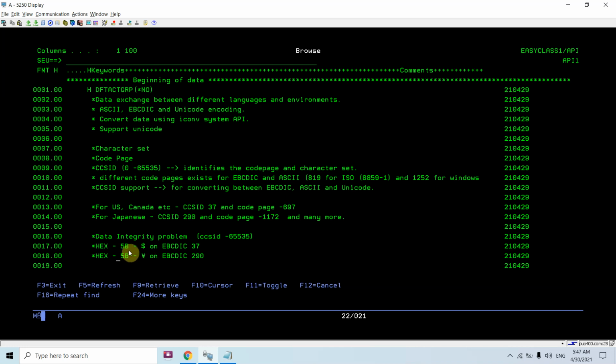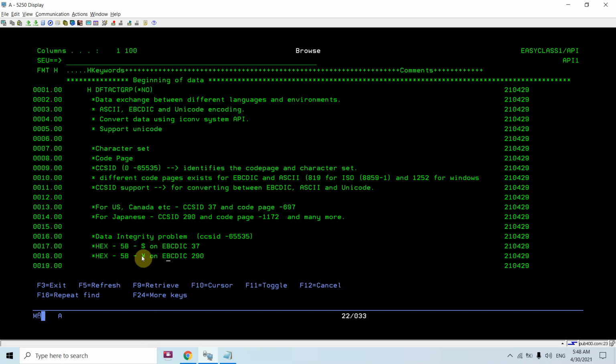So whenever I am transferring dollar from CCS ID 37 to the Japanese machine, it would get converted to this character. And I think most of us have already faced this issue. We are basically seeing this yen character.